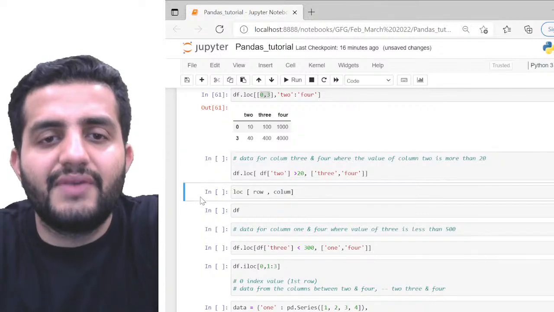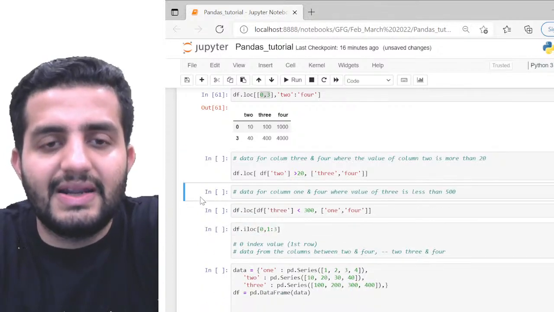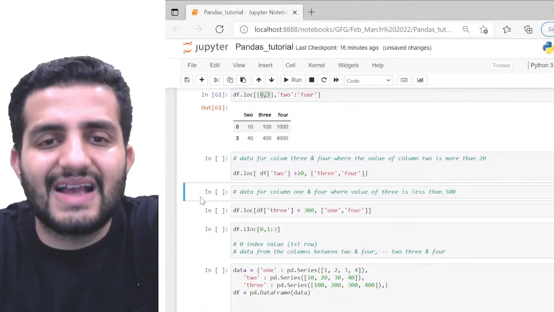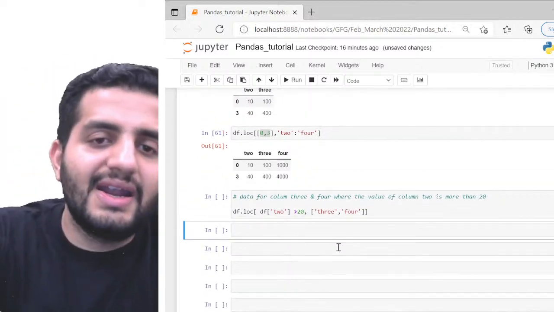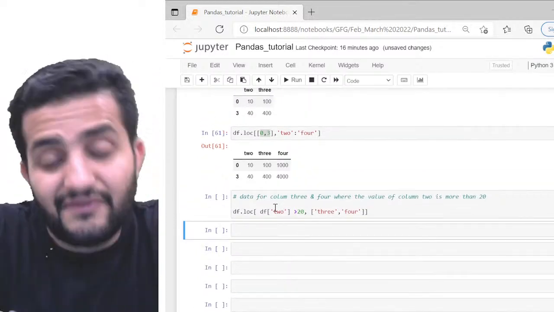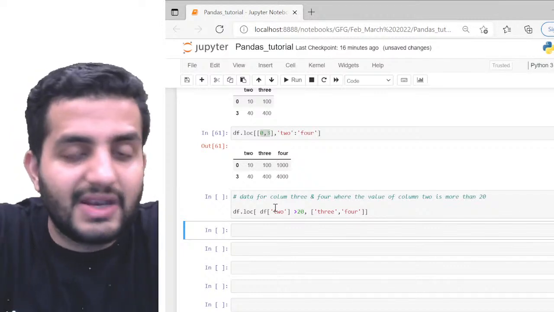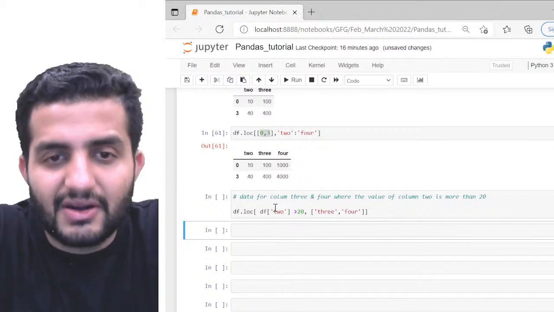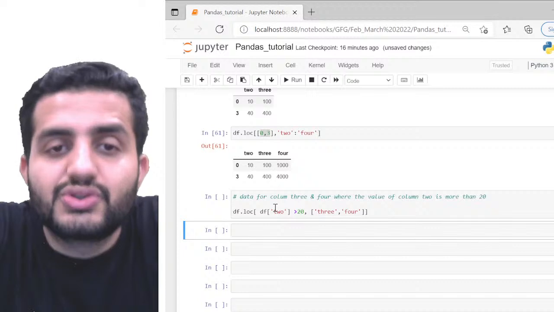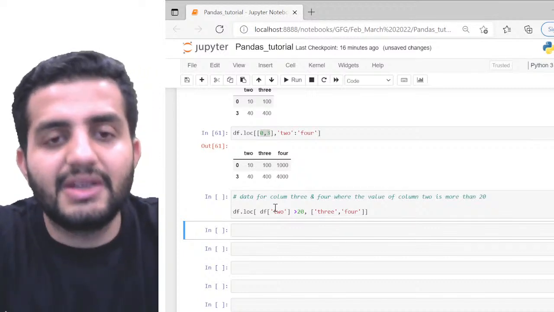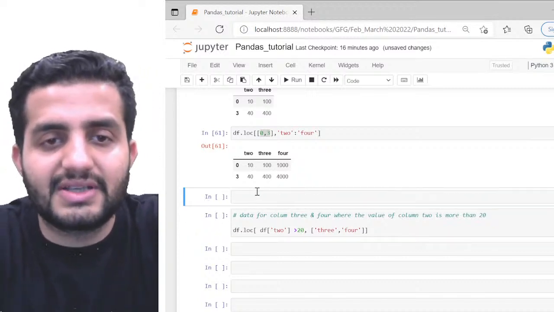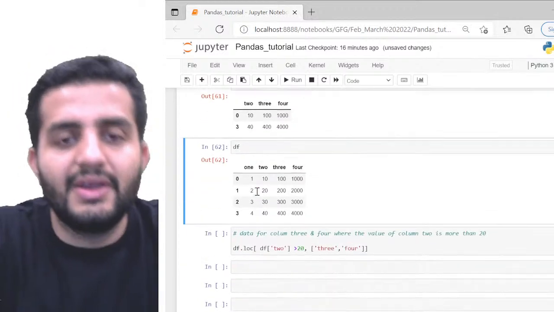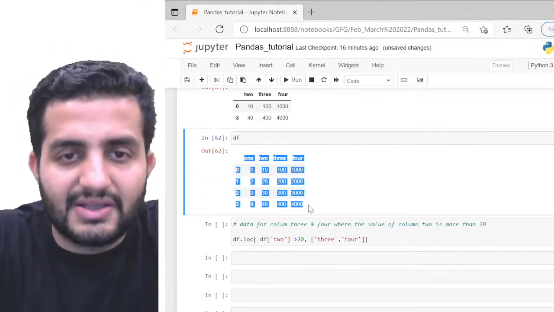So here we can pretty much do the indexing in terms of filters as well. Okay, so we can write a logic. DataFrame is very flexible. Okay, it is very flexible. We can write a direct filter logic depending on the values also. Okay, so let me give you this data first and explain what exactly I'm trying to do. Okay, so now this is my data frame.